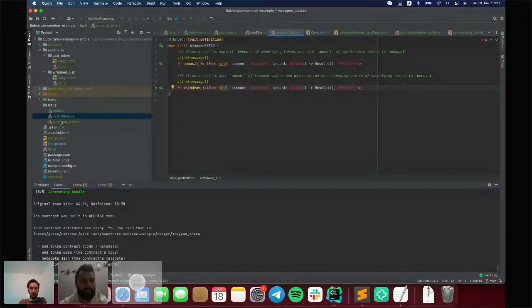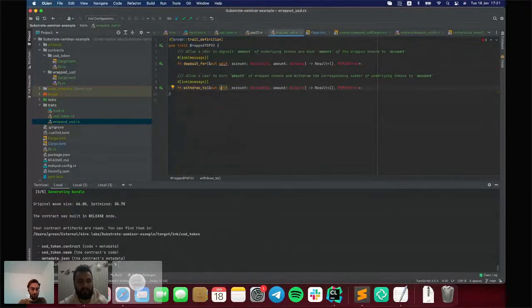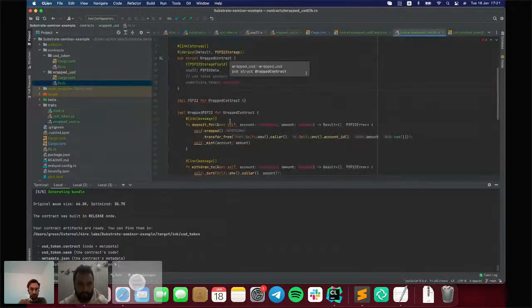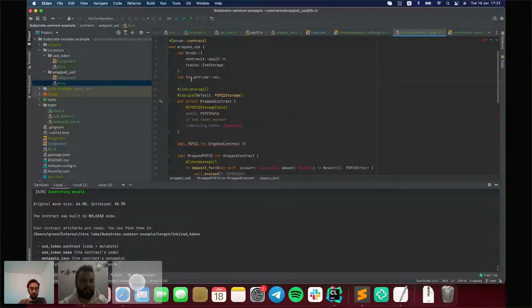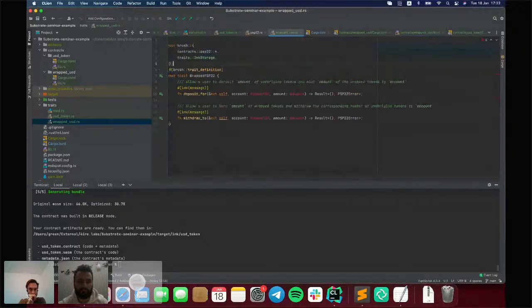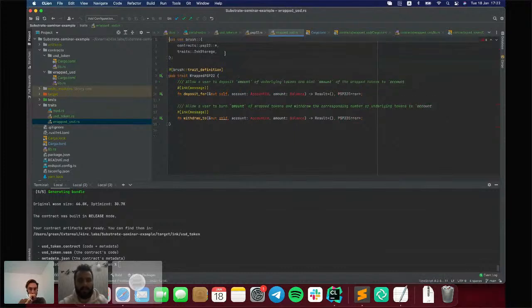We want to move the definition and implementation of wrapped PSP22 here to the trait level. So we will also move it here. But okay, let's do it step by step. So now we need that. We also want to import it publicly, because we also want to export that. Maybe not that.